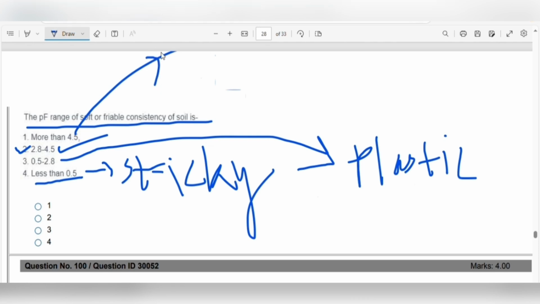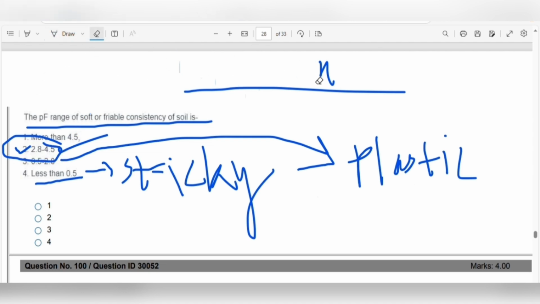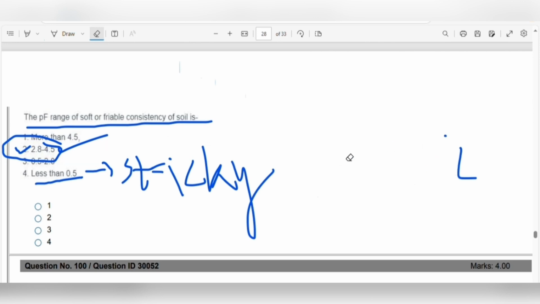So 0.5 to 2.8 is the plastic consistency, and more than 4.5 means it contains very little water, almost no water you can say, and that is the hard or harsh consistency. So 2.8 to 4.5 is the soft or friable consistency, which is the most important soil consistency,